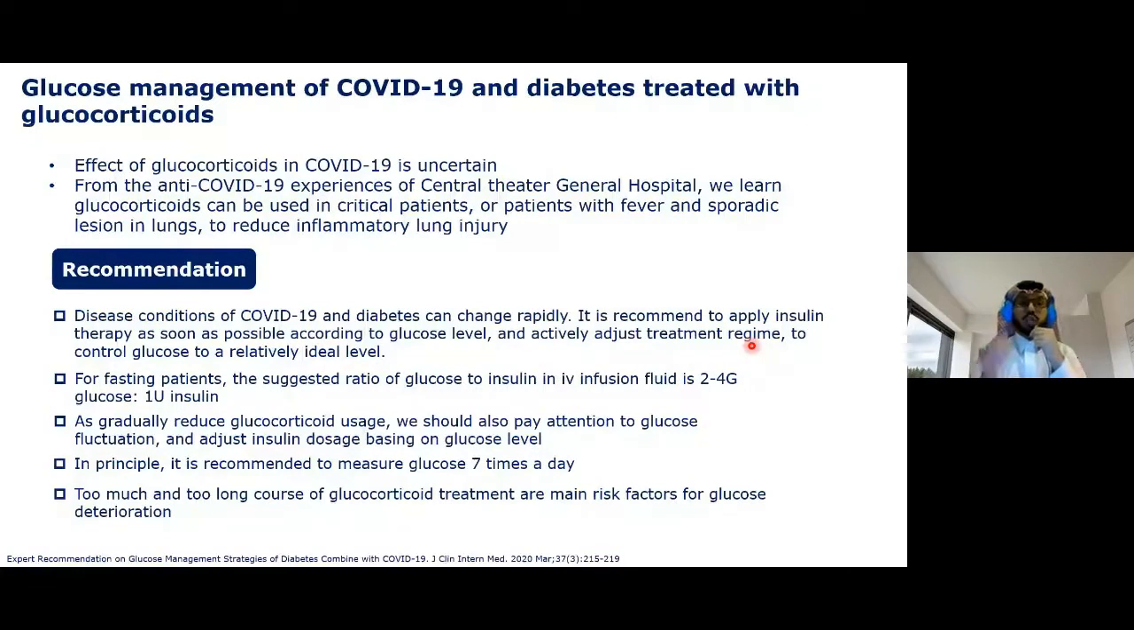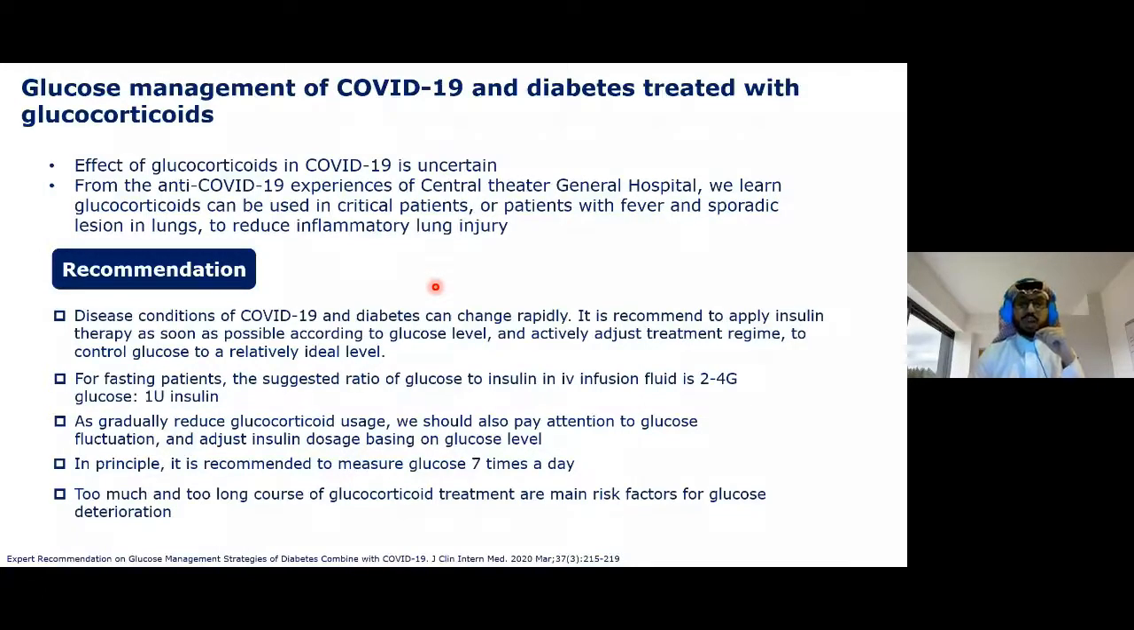Glucose management of COVID with diabetes treated with glucocorticoids is unknown, but from our experience, we use glucocorticoids for those patients with inflammatory lung disease. Using glucocorticoids might shorten the course of the disease. The disease condition of COVID and diabetes can change rapidly, so it's recommended to apply insulin therapy as soon as possible according to glucose level,